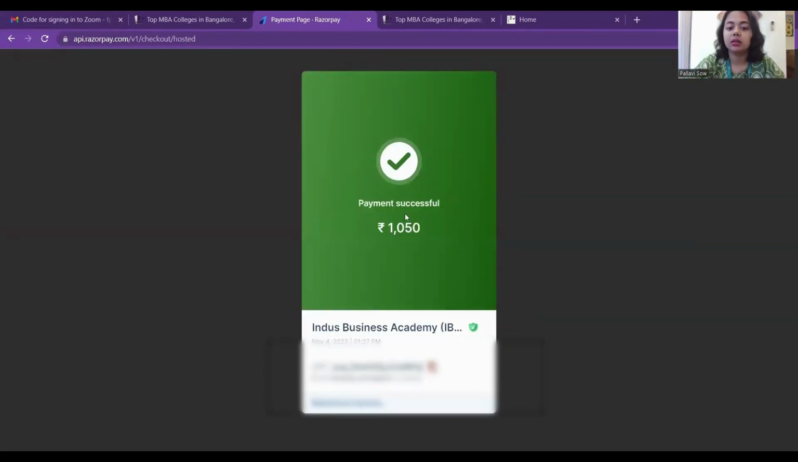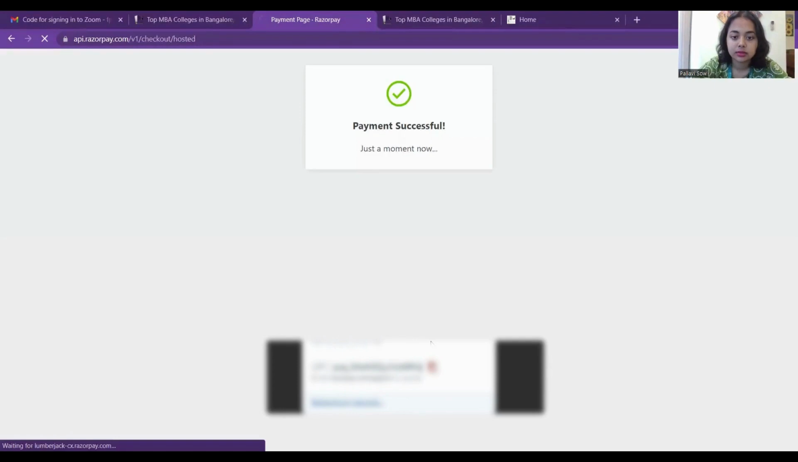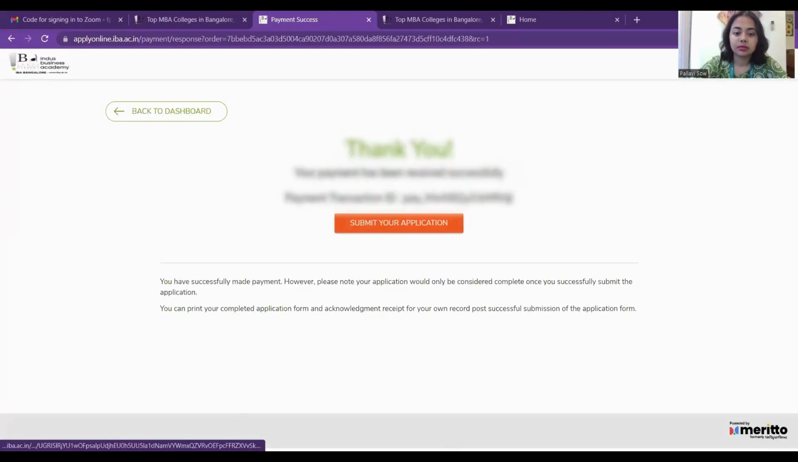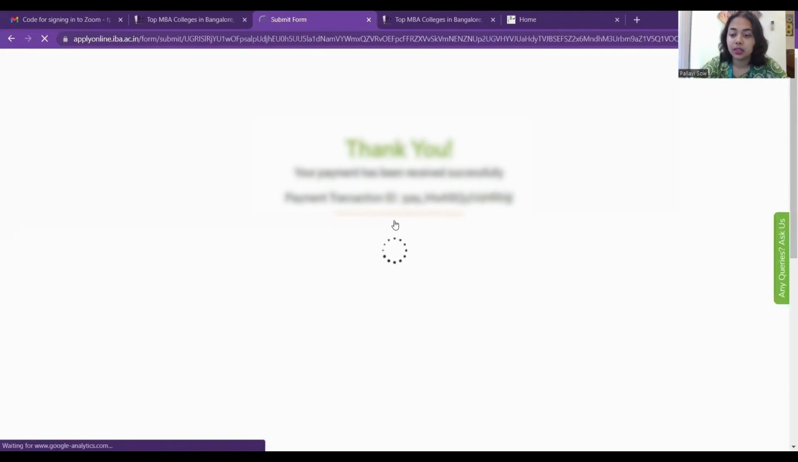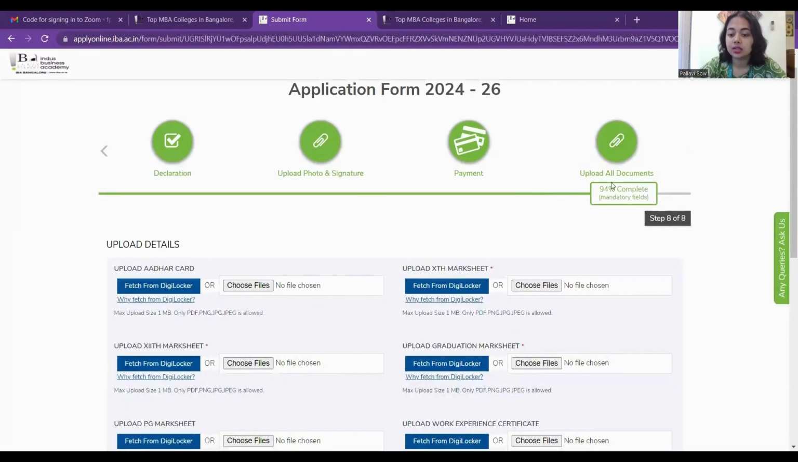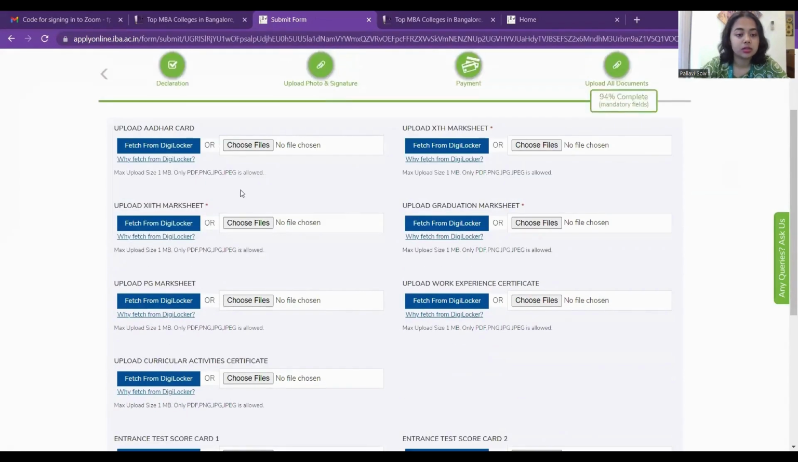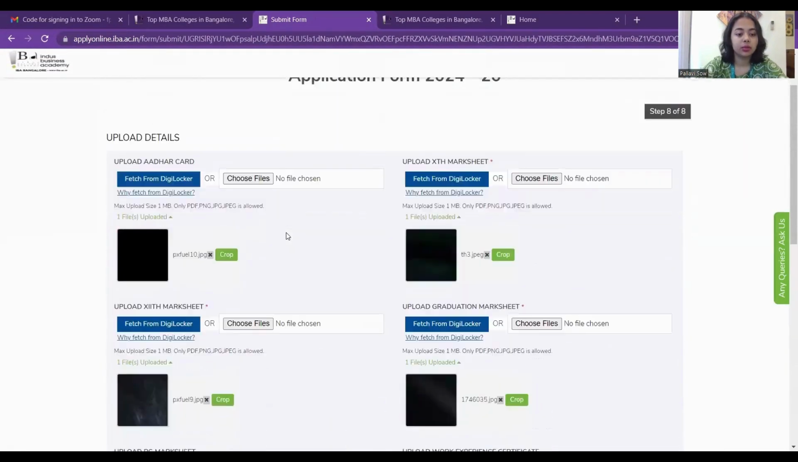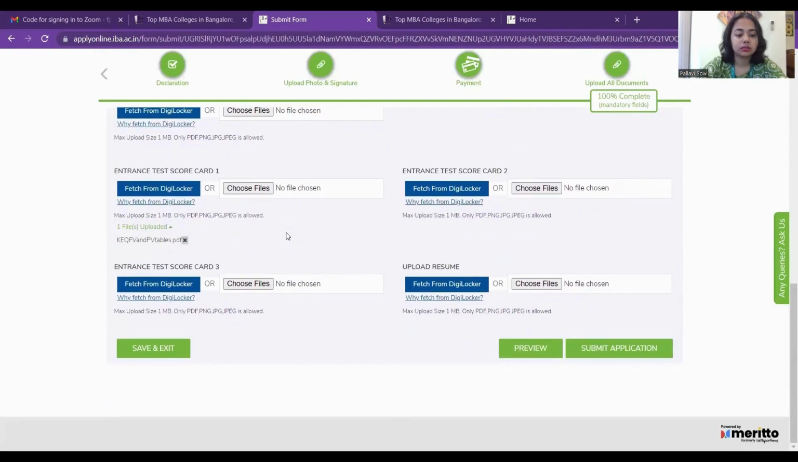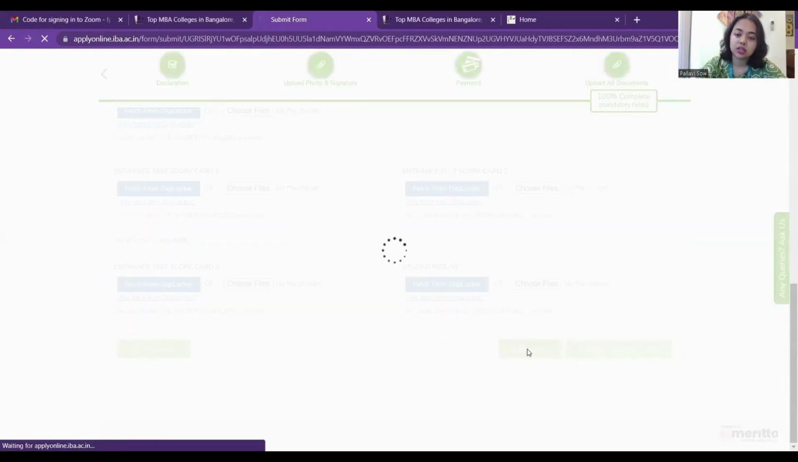So as you can see, I paid and the payment is successful, it's shown. So then this page will come, that is thank you, your payment has been received successfully, and the ID, and submit your application. So the last section is upload all documents. So after you have uploaded all your documents here, you can go for preview and go back and check all the sections